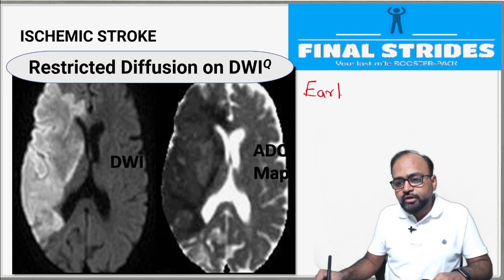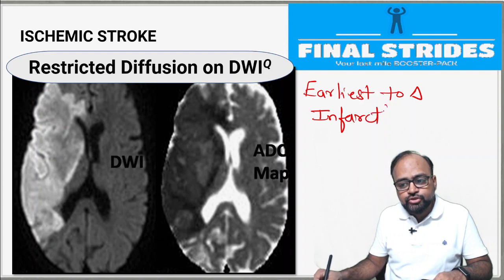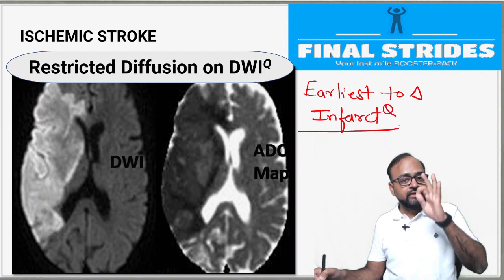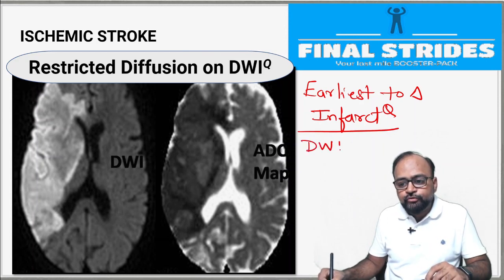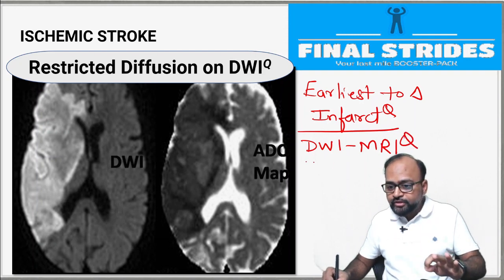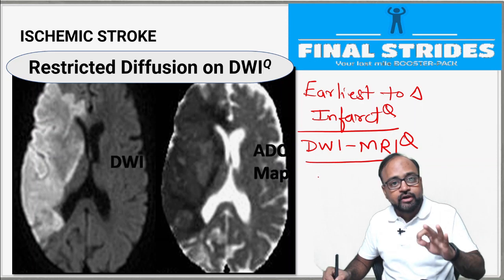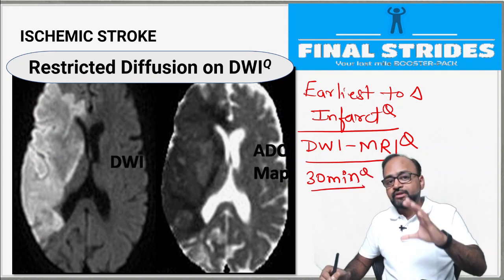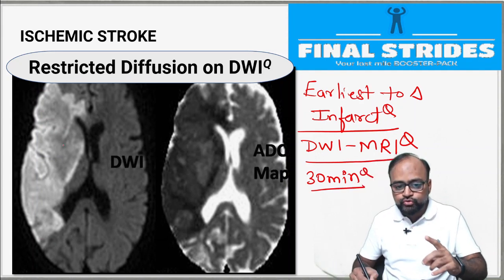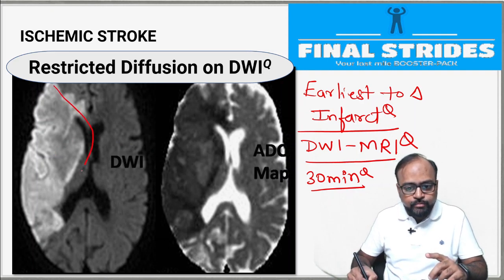So the earliest modality to diagnose an acute ischemic infarct, if your examiner specifically asks you this question: earliest modality to detect an ischemic infarct, then it is going to be diffusion weighted imaging MRI. Remember, diffusion weighted imaging MRI can detect an acute ischemic infarct within the brain parenchyma as early as 30 minutes from onset. This appearance on diffusion weighted MRI is called restricted diffusion, where you see an area on DWI,